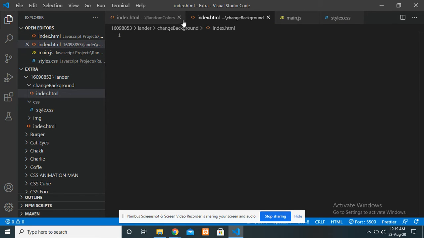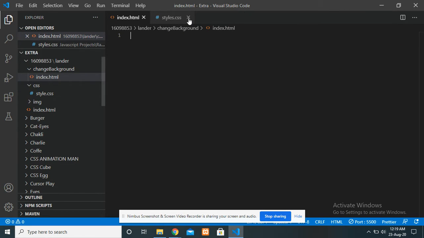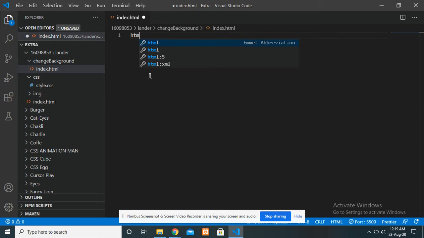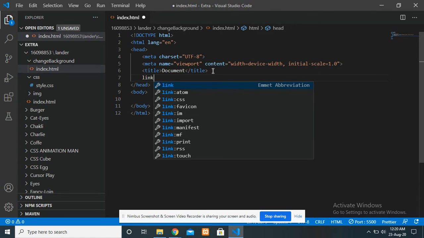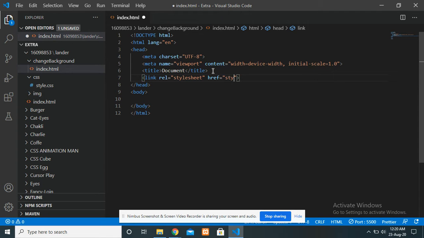For this file, I'm just writing basic HTML, and over here I want to apply some CSS, so I am linking a CSS file. I am naming it